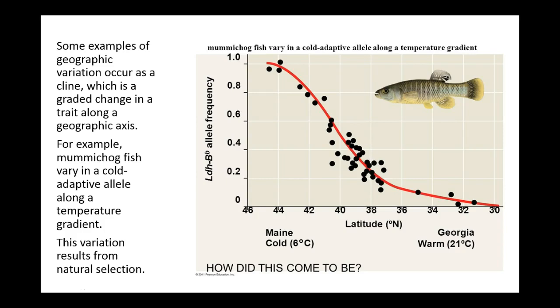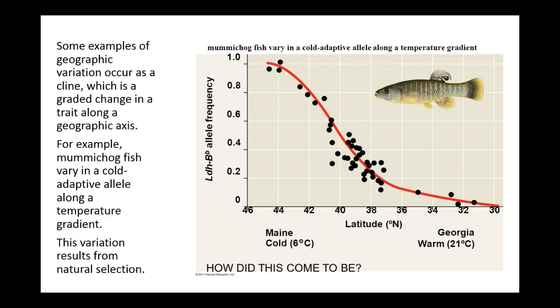Another geographic variation example, that's all we're doing here is giving you two examples of geographic variation. Because of adaptation to their environment, what's happening is this fish, Mimico, I believe it is something similar to that term, have adapted to different temperatures. So this particular species has adapted to the very cold waters in Maine, all the way down to the very warm waters in Georgia. So you have this variation, and not only are the fish found in these varying temperatures,